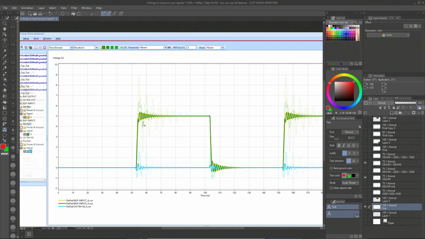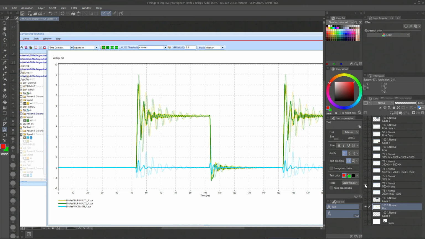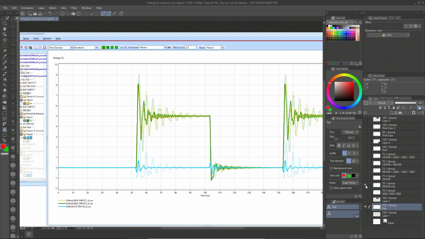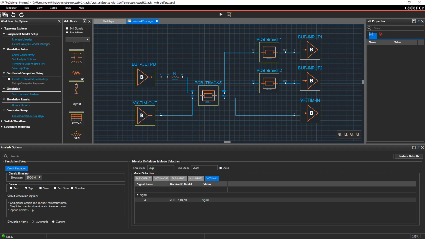The second thing I would like to point out is this. Notice how much the crosstalk was lowered when we improved our PCB stack up. So this is the original crosstalk and this is the new stack up, when the ground plane or reference plane is much closer under the signals. Do you know what we did when we changed the stack up?